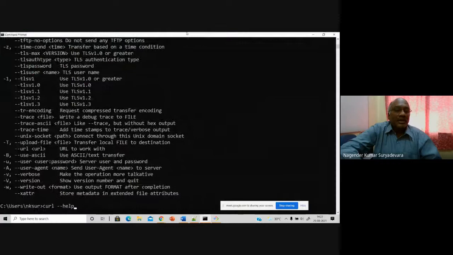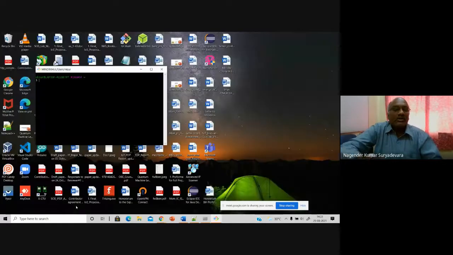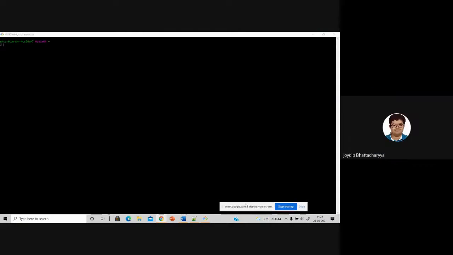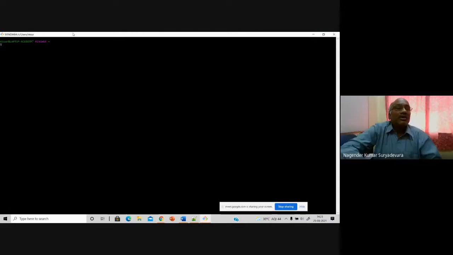Running curl commands through Git Bash will be more useful for you. Can you see the commands now, which I'm going to type? Yes, sir. Are my characters visible to you? Let me just increase the font size a little bit.